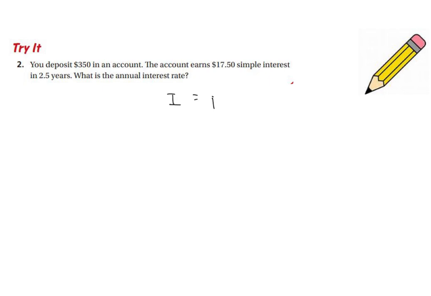Simple interest equals principal times rate times time. Our principal is $350. We do not know the rate. We know the time is 2.5 years. And we know that we make $17.50 in simple interest. So let's multiply 350 times 2.5. And that's 875